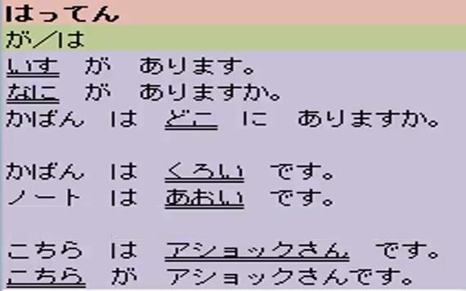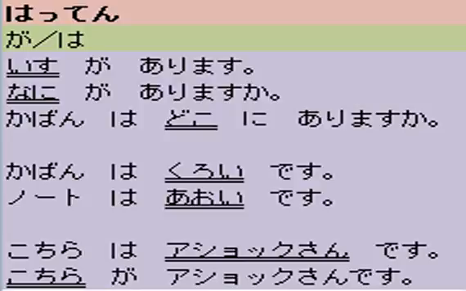So the difference here is that in "Kochira wa Ashok san desu", someone was searching for Ashok but has not seen him before. He must have already heard about Mr. Ashok, but has not seen him. So the speaker is introducing Mr. Ashok to the listener. Kochira wa Ashok san desu. So this is Mr. Ashok. The listener already knows about Ashok san, so the particle wa is included here.